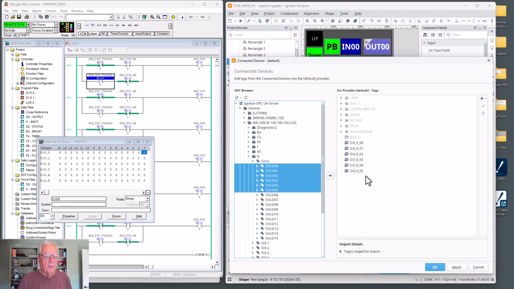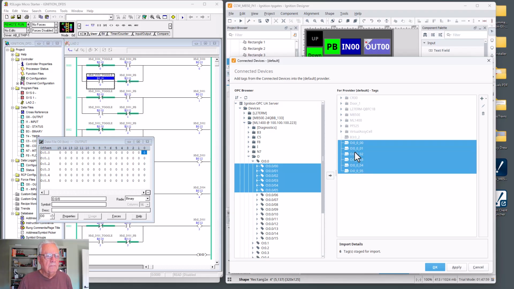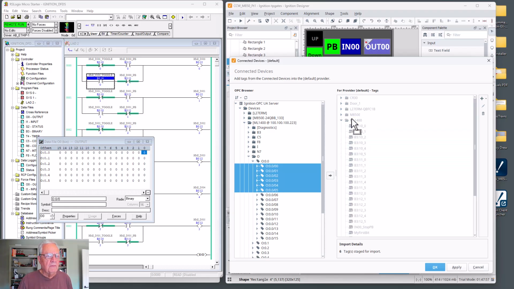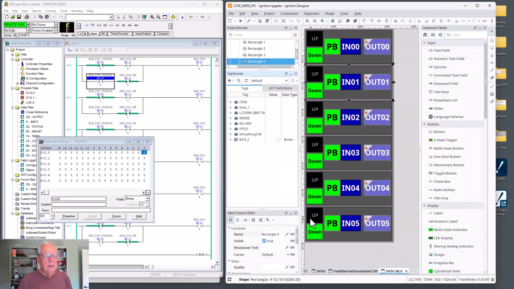Bring them over to for provider, and then I'm going to select them again. Drag it up to Micrologix 1400 folder. Again, you don't have to have these folders. If you're working with just one controller, then you can have all your tags in one spot. See, I've got them busted up and organized. Apply OK. I'm going to go to 1400,